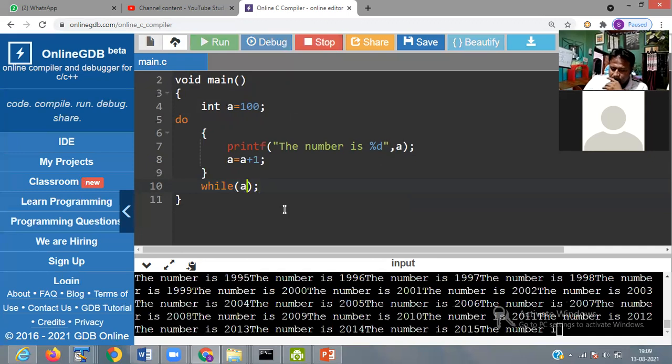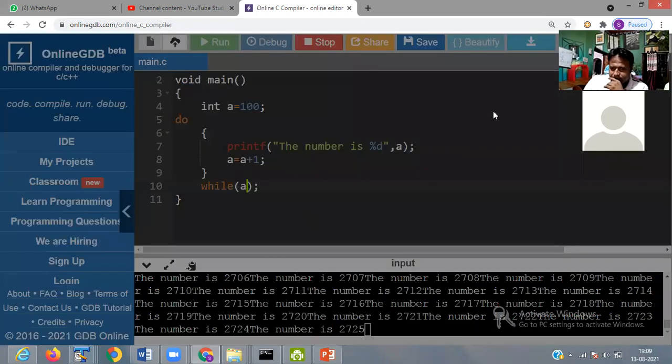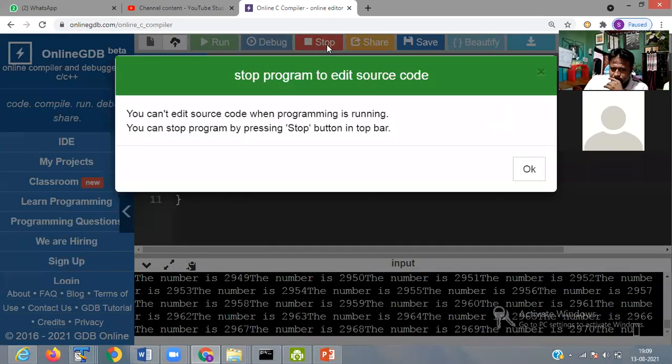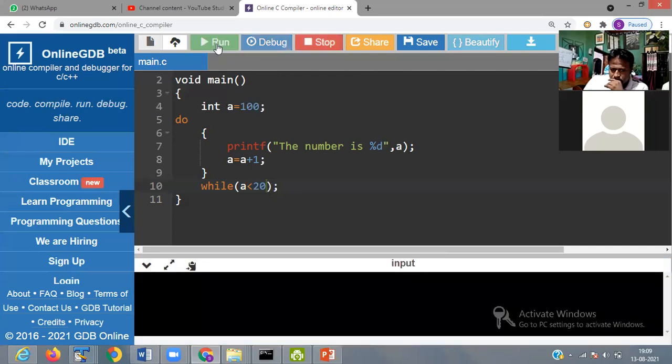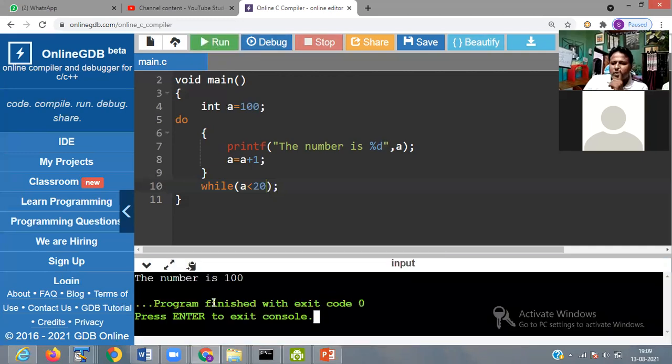While a is less than. At least one time the statement is executed. Okay. If your condition is false, at least one time your statement is executed.